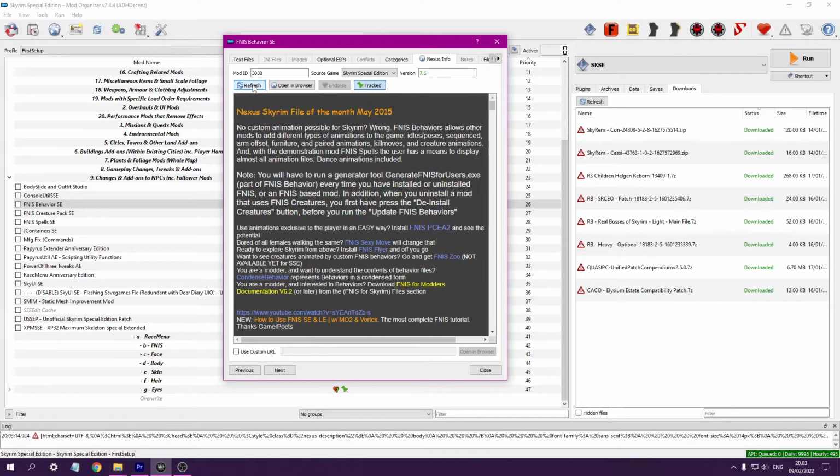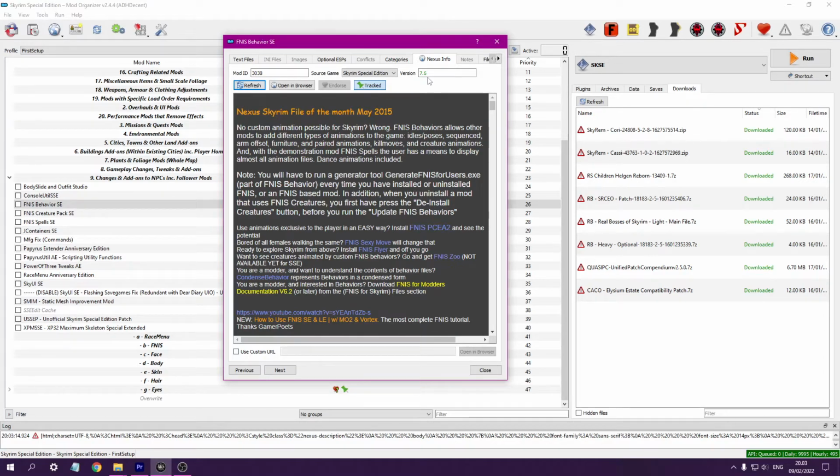From here, you can open in browser. I would also suggest clicking the Untracked/Tracked button. By default, it will always say Untracked. It is useful to track the mods you use to keep it up to date with any changes, any patches, fixes or new releases for the mod in question.